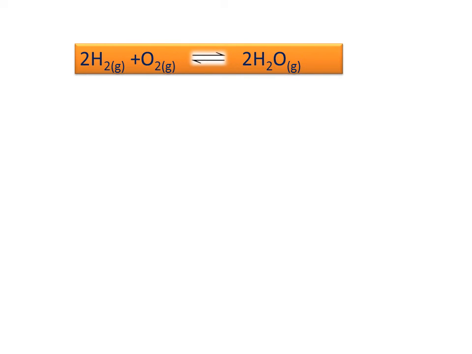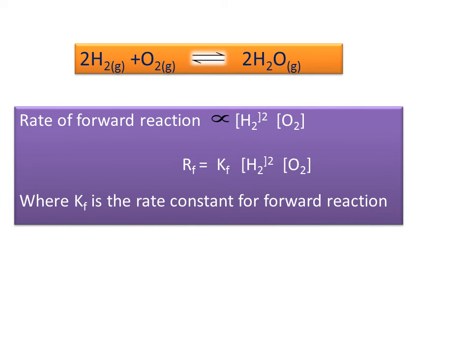reaction number 2. When 2 moles of hydrogen react with 1 mole of oxygen, it will give us 2 moles of water. So this is the solution for this reaction. Rate of forward reaction will be proportional to concentration of hydrogen, concentration of oxygen. So we can also write RF is equal to, because we eliminate this proportionality sign with this equality sign, and we also put down the Kf instead of this proportionality sign. So RF is equal to Kf, concentration of hydrogen, concentration of oxygen, where Kf is the rate constant for forward